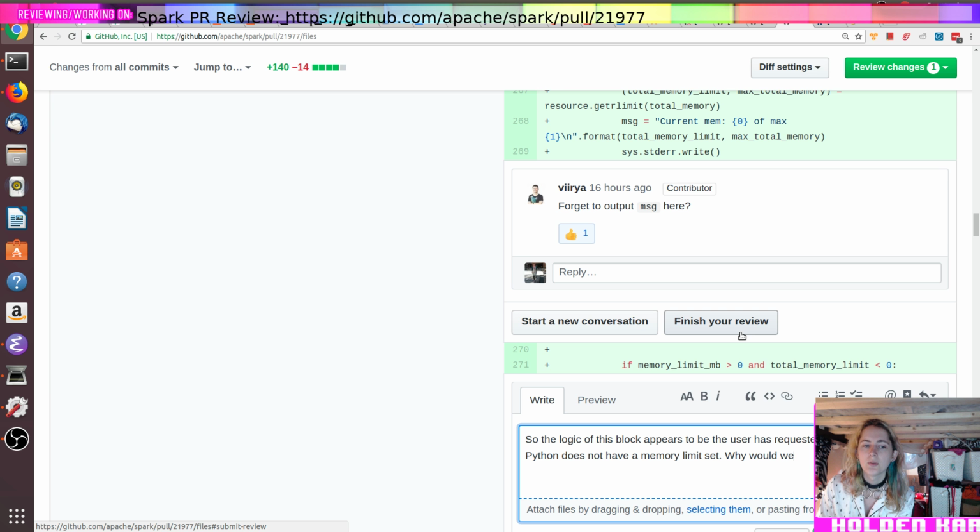Why would we only set the total? If the user has requested a different memory limit than the one set, though, regardless of if there is a current memory limit, would it make sense to set? Or